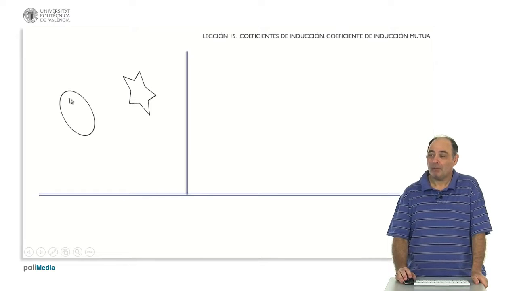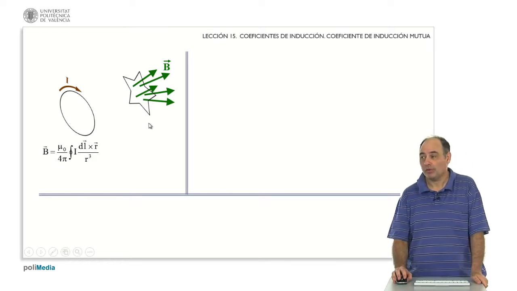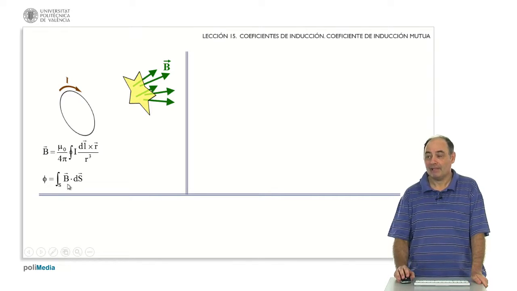Well, if through the first one of the circuits an electric current circulates, that means it is creating a magnetic field. As we already know, it follows this formula to obtain it. In each point of the space, one would have to apply this equation of integrals and obtain the result. I am specifically interested in the magnetic field in this whole bunch of points, not in the rest. Why am I interested in these points specifically? Because my goal is to obtain the flux of the magnetic field created by the first current through the second circuit. And in order to do this, on this bounded surface, we will have to do the integral of